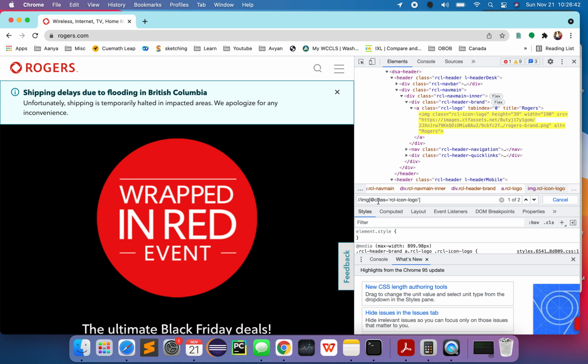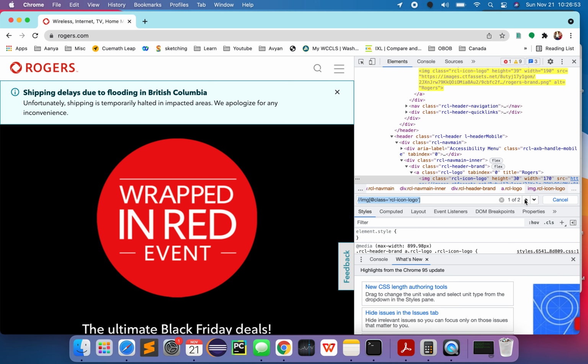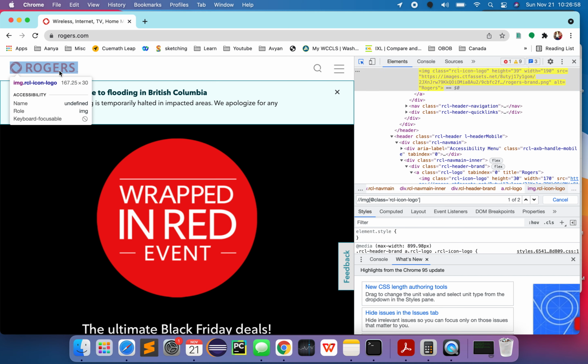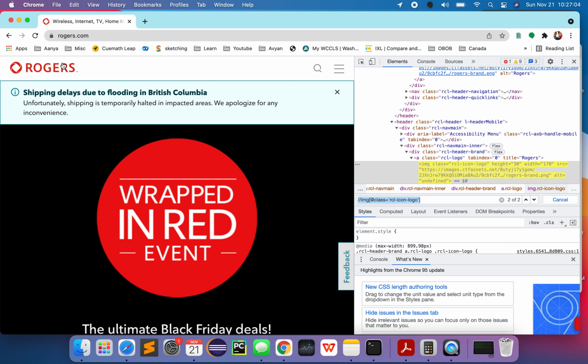So you can see two elements by the same name are there. How do I know there are two elements? Because it says one of two. So that is one element and the other is also the same element. Let me just double check. The page is showing two elements by the same name. I think you're fine because in both cases it is pointing to the same element. But things will be different when it says more than one element and those elements are different at different spots, like one is here, one is here, one is here. Then we take a different strategy, and I'll show you that in a bit.